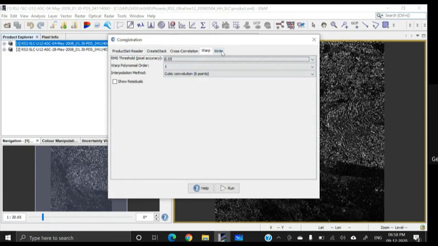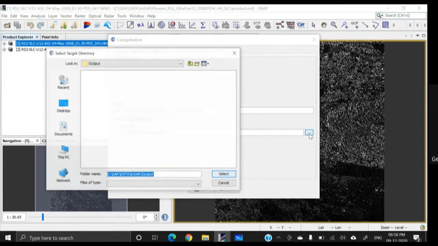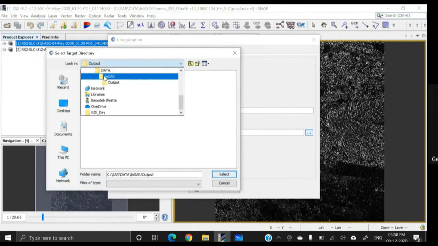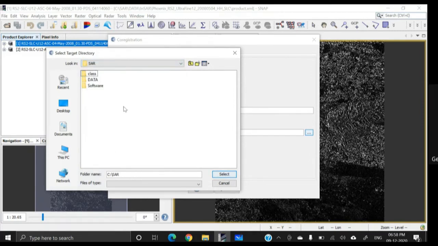Now, next is the write tab. Okay. And in the write tab, this is the file name, and here define the output directory. Output directory in my computer, I have defined it like this: data, C drive, SAR, data, insar, and output.